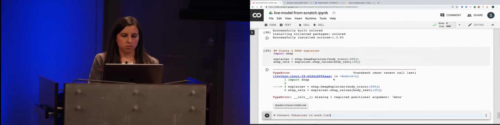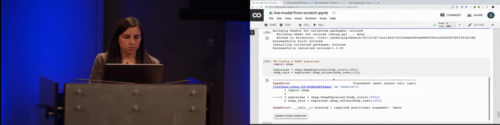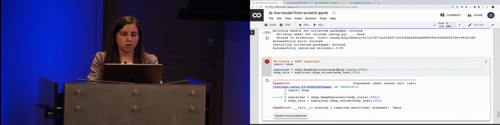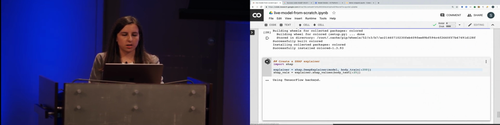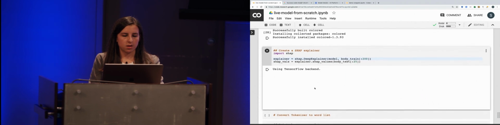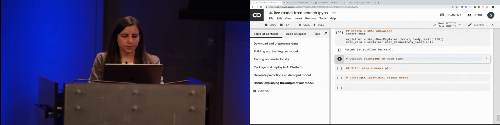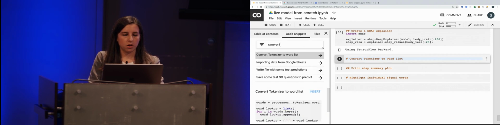So, let's see what I did here. SHAP.deep, oh, I'm missing my model parameter. You have to pass your model when you create the explainer. Let's try that again. There we go. Okay, so now we have our SHAP values, and the next thing we want to do is, I've just written